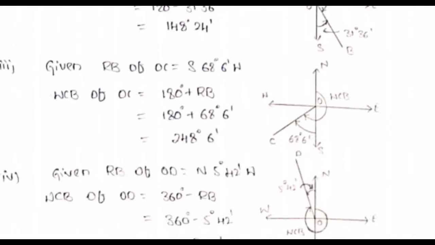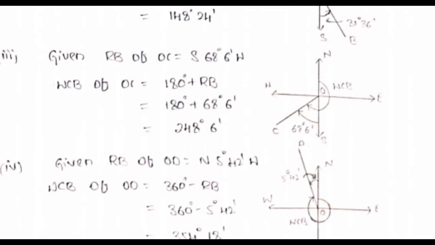And for the third quadrant, again they have given southwest. Southwest means it will be in the third quadrant only. If they mention southwest, it means the angle is measured from south. If they mention northeast or northwest, they have measured the angle with respect to north. That is a small thing you have to remember.